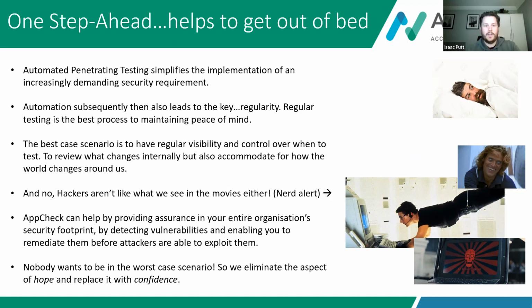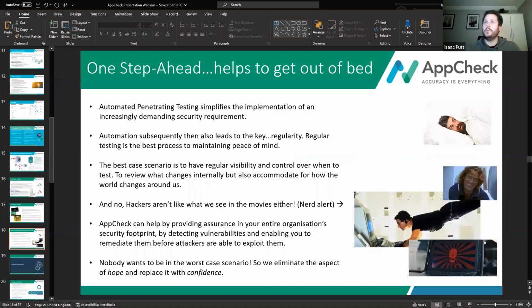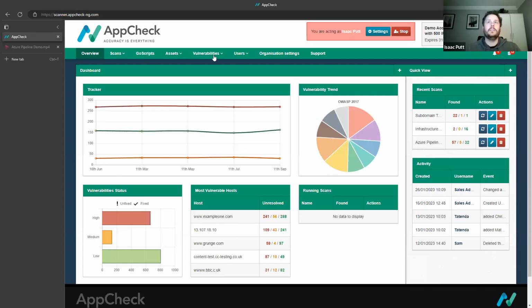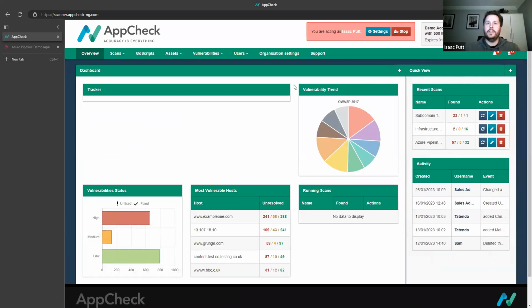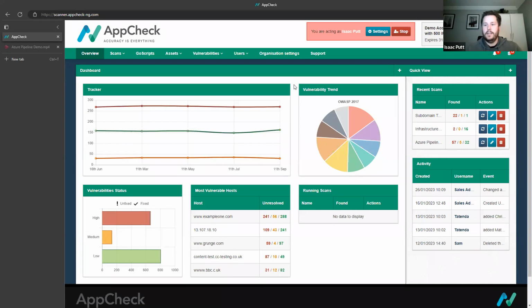Happy to jump now into AppCheck and share with you how this all works, how it all gets brought together, and get that shared on my screen for you. So bear with me one moment. Okay. Hopefully you can all still see the screen okay, just refresh the page there. So like I said, any questions about what you see, what you're hearing, feel free to pop them in the chat. Happy to take those towards the end of the session.